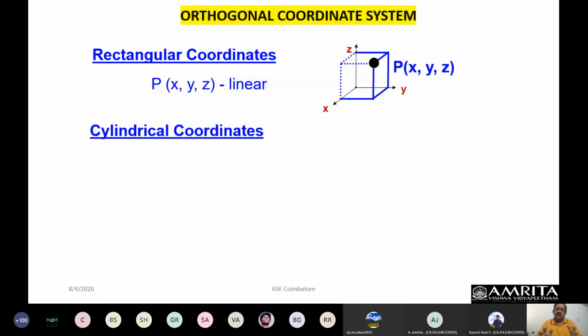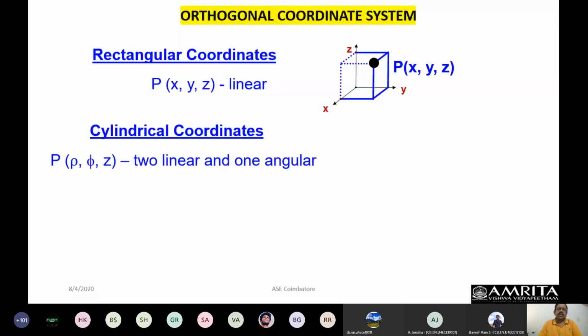I can imagine the major axis of the cylinder to be located along the z-axis, for simplicity. Then the length of the cylinder is along the z-axis, in which case I can use the z coordinate itself. So two coordinates are linear. Now the third one is the angle. The angle comes because of the cross section of the cylinder. If I have many circular surfaces stacked one over the other, I will get a cylinder. Therefore, the angle can be 360 degrees. It can be anywhere.